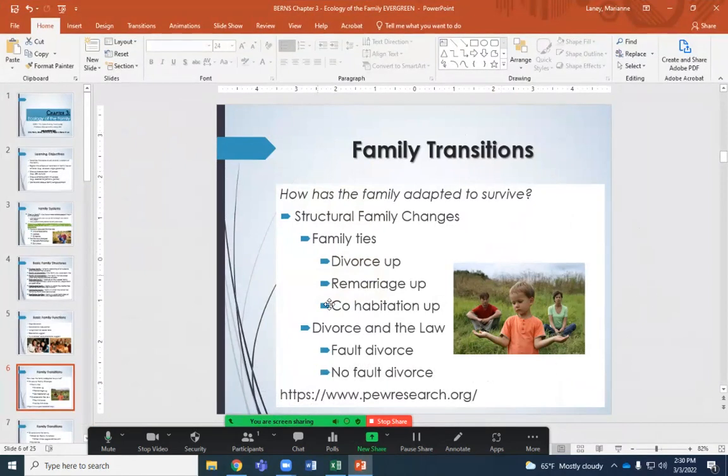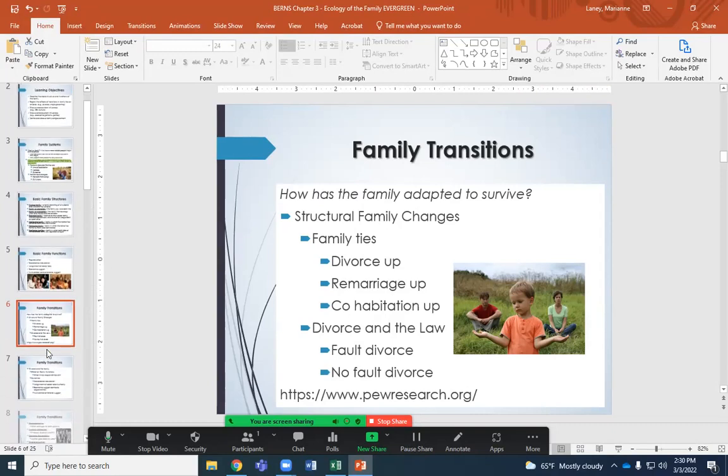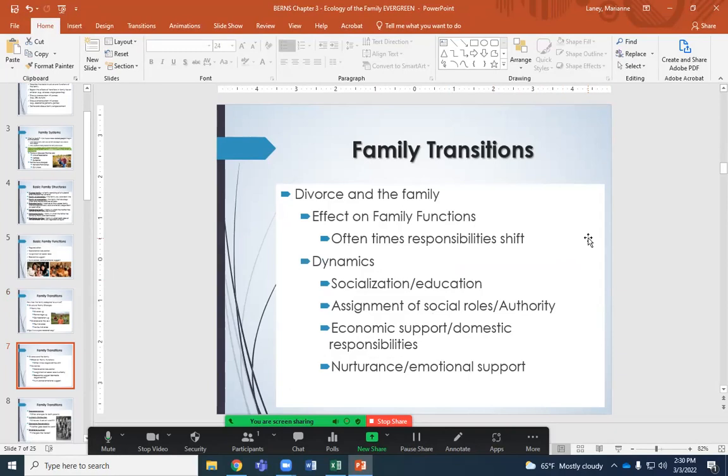Now, family transitions also include divorce, right? And I put divorce in the law because I didn't say divorce in the church. Now, a lot of people are married in churches, but if you look up the definition of marriage, as we will show in a minute, let's see where the word church comes in. Okay, let's keep going here. Next. Okay. So again, divorce is not the end of the world. And I know that a lot of people have big, strong feelings on divorce, marriages, remarriages, and things like that. Many of you come from a blended family.